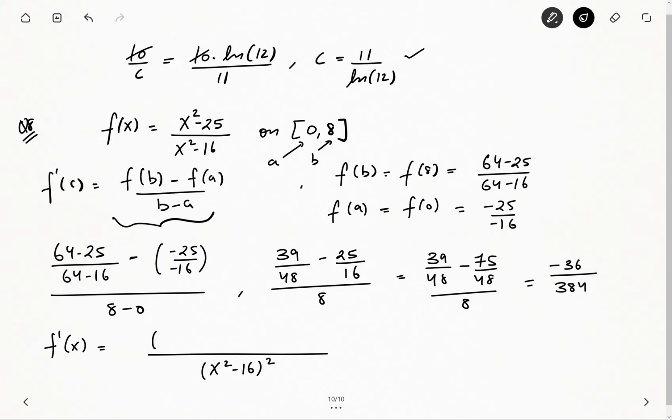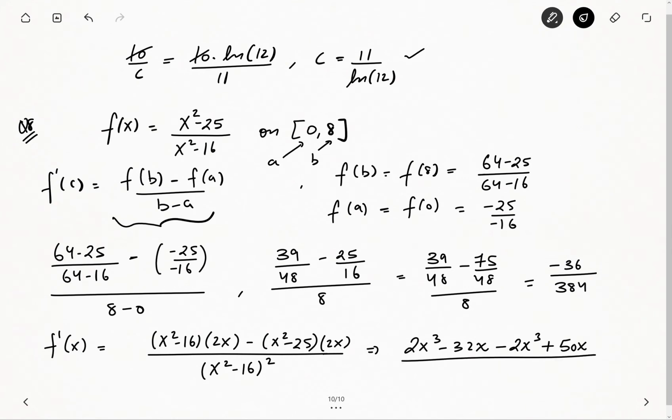This thing, then you're going to keep that as it is. Derivative is 2x minus, you're going to keep the x squared minus 25 as it is, my bad, times 2x again for the derivative. If you simplify it a little bit, you get 2x cubed, you get negative 32x, and then minus 2x cubed again, and you get a positive of 50x